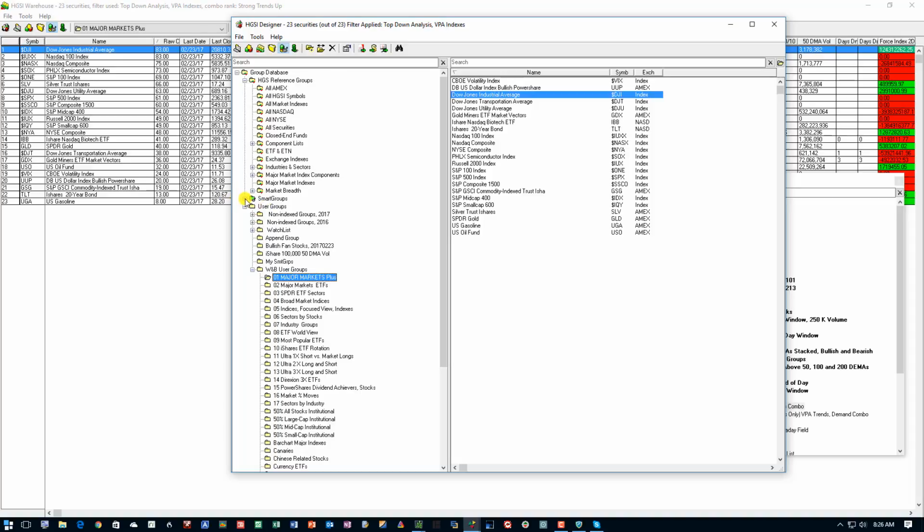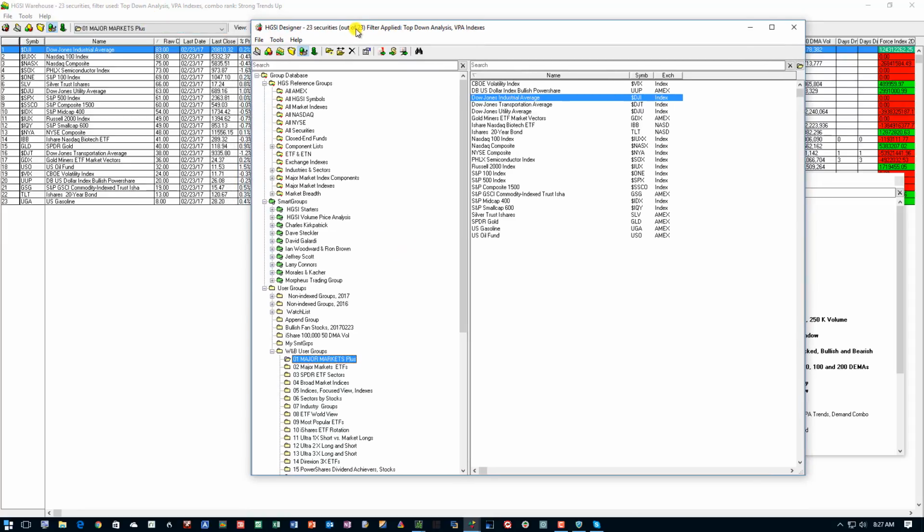We also have the smart groups, which are groups of stocks which are created by filters and warehouse views, but let me just say filters for now to avoid confusion. And then they are ranked according to what we call a combo ranking, and that combo ranking is made from fields which are available in the warehouse view,